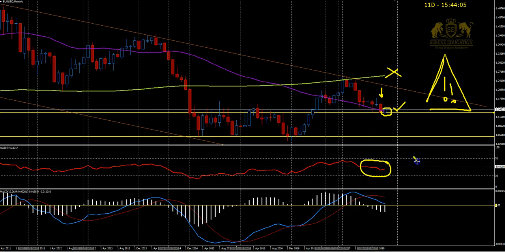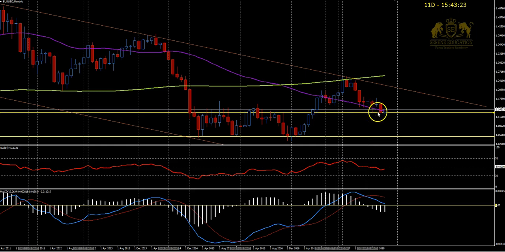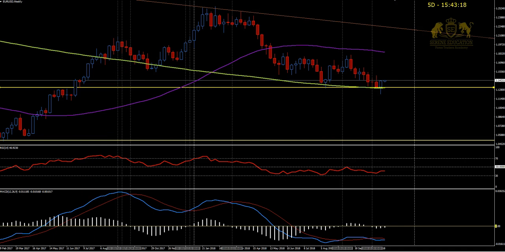The RSI is below the midline, so that's a negative sign in itself. And the MACD, fast line below the slow line, histograms below the midline. Majority of the picture is telling me to sell. I just need to be aware that I have not made a new low over the last 3 or 4 months. Drop down to the weekly, and you can see straight away that August low was the 200 period moving average support mechanism,